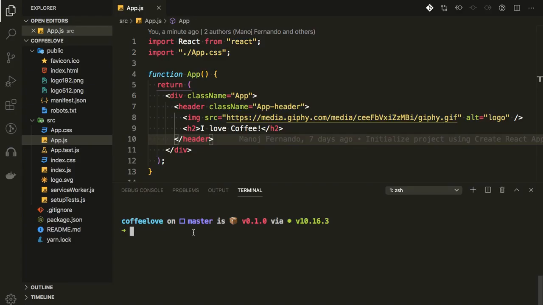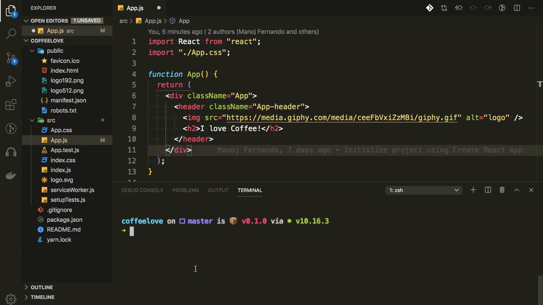So now let's try to simulate a new feature releasing process. So let's say I'm a developer and I'm getting a new feature from my customer. He says, hey, instead of I love coffee, it has to be I love tea because he loved tea than coffee. How ridiculous is that? So anyway, he's my customer, so I decided to do that change, the improvement.